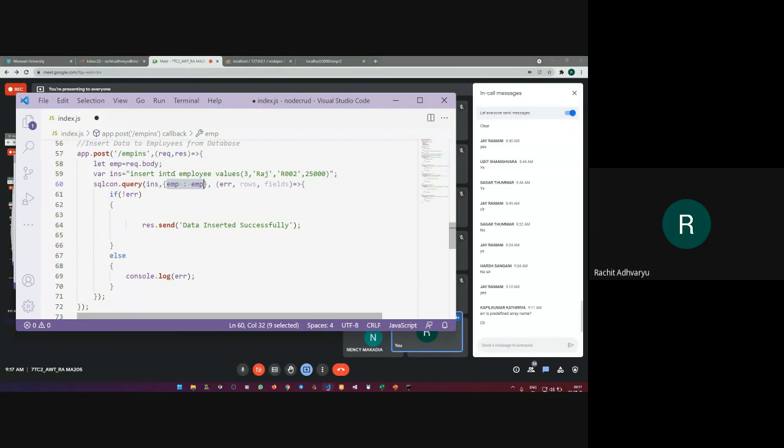EMP is your representation of your entire table stored in the database. So I'm executing the INS query on this EMP variable that is representing your complete employee table. Remember this thing. Rest, everything remains the same. Shall I show you the output now?